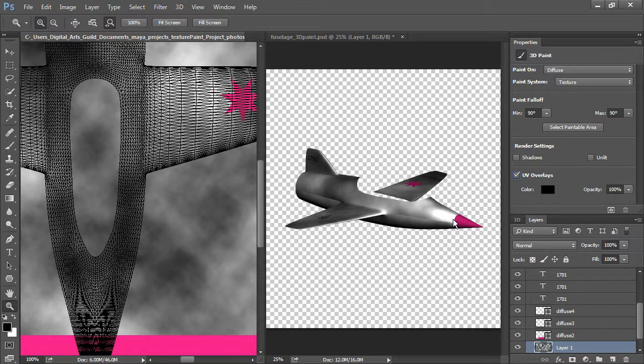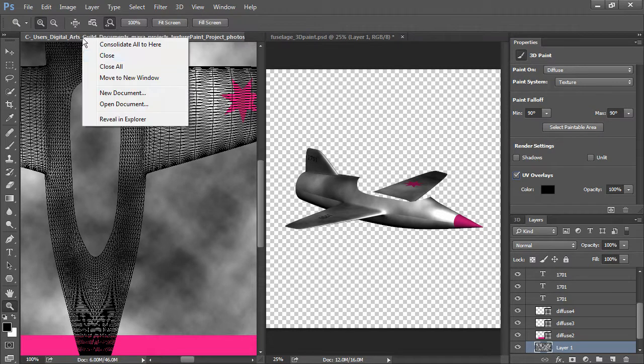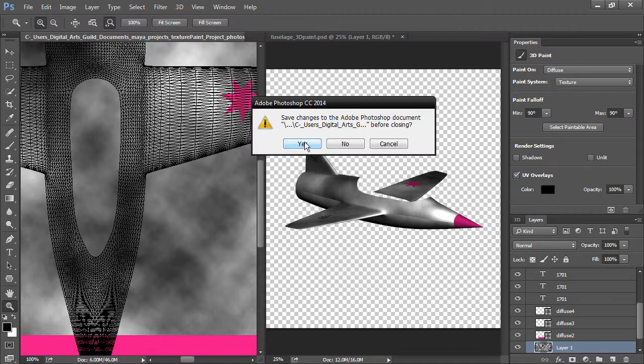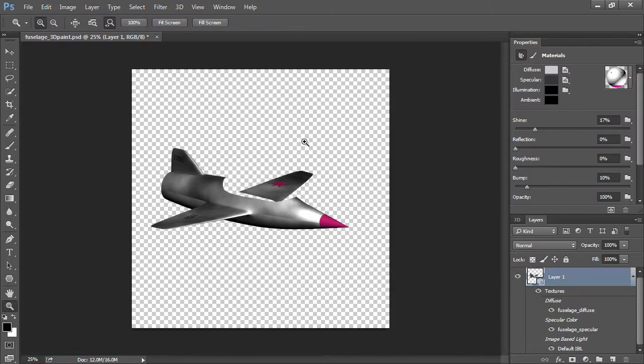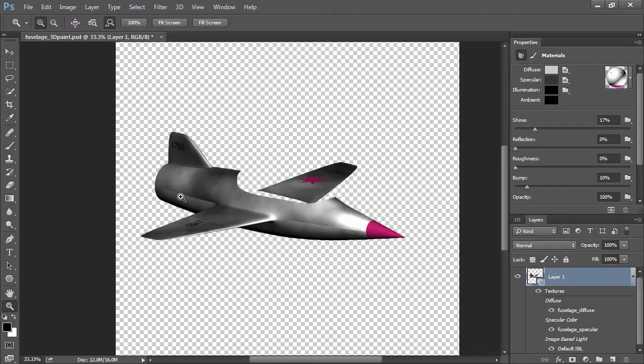We can paint over that seam in 3D, and we don't even need this 2D document anymore to do it. So in fact, we can select that, right-click and close it. And if we get prompted to save, we can save it. Probably doesn't really matter, but just to be safe, we'll save it. And then we want to zoom in. And remember, we want the object to fit onto the canvas pretty well. We also want to be looking at it pretty much straight on as we paint it. The paint system in Photoshop is view dependent, so it's very sensitive to how you have the object placed and